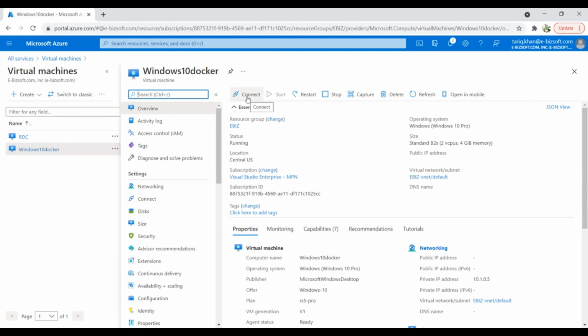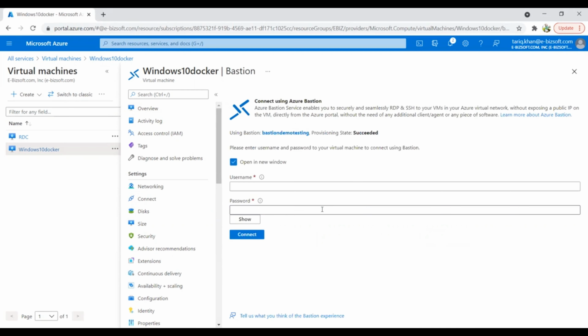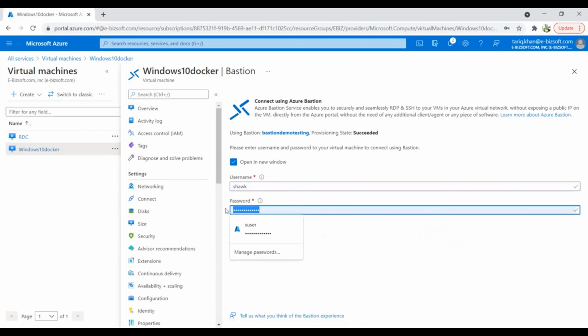So I just click on it, connect, and here Azure Bastion. So I click on the Bastion and I select use Bastion for this remote connectivity, and I'll just provide the username and password for this remote desktop connectivity.